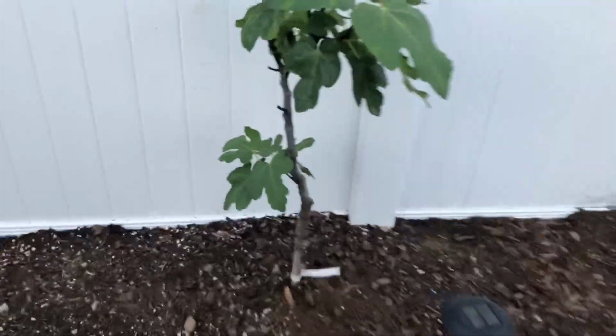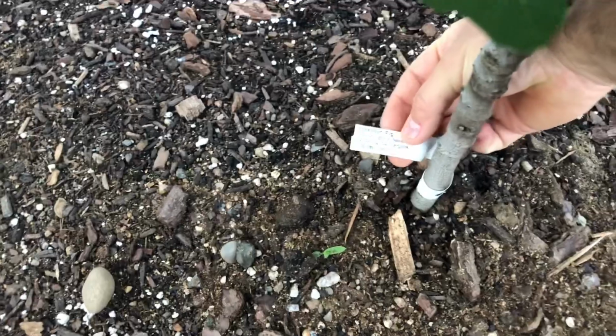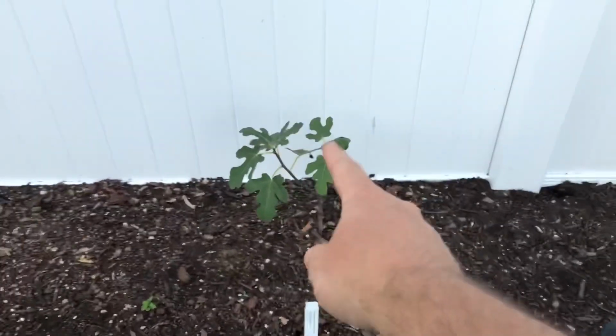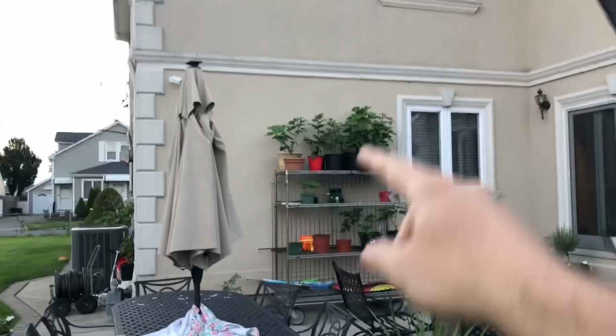This is a very nice tree. What we got here is a mission fig, a white mission fig. This is a black mission fig. We got figs growing here. Yeah, so we have a different one. This is a Chicago Hardy, baby here. I don't know if I should pull this guy out, because I got another Chicago Hardy there that's much bigger, but I'm afraid